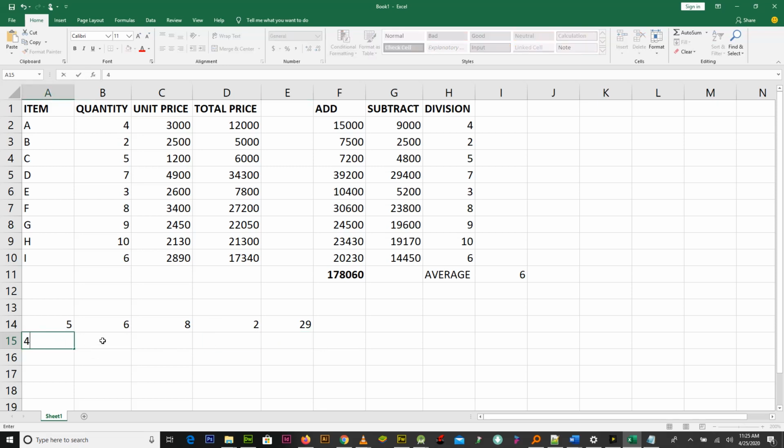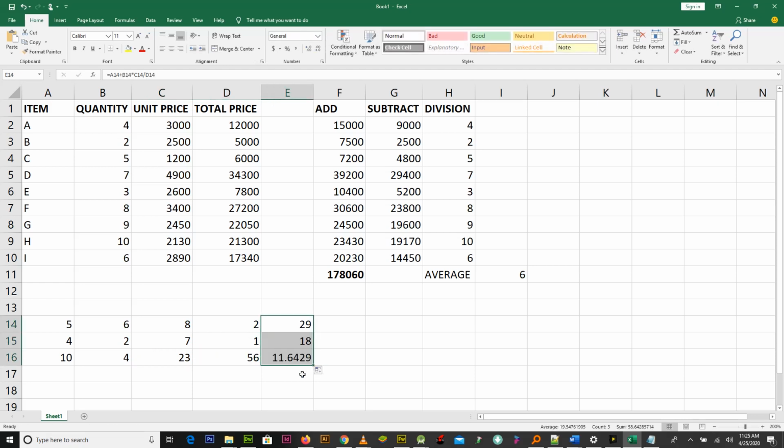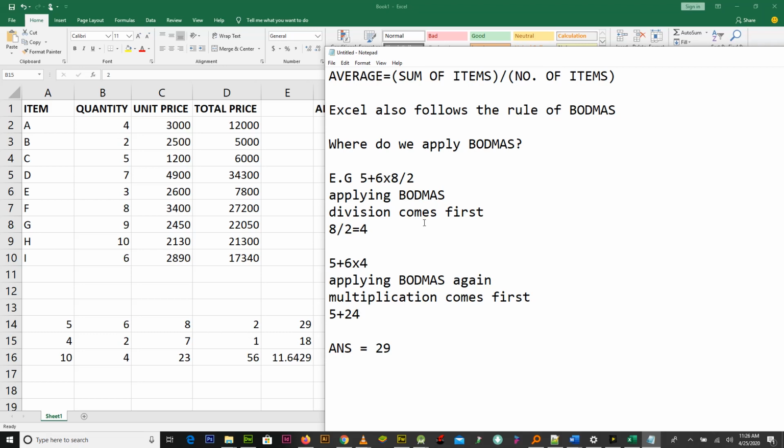If you have other numbers, let's say 4, 2, 7, 1, 10, 4, 23, 56, you can simply autofill the remaining, and it will follow the BODMAS rule. The BODMAS rule always applies when you have complex calculations,